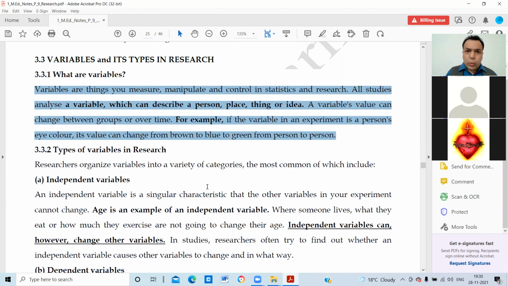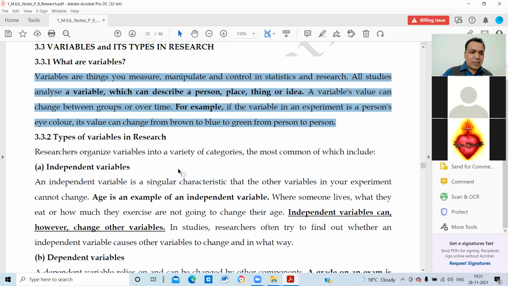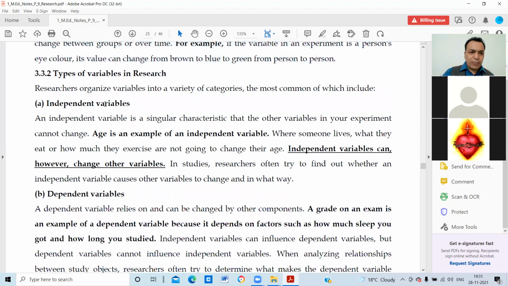Now you are matured in research, you have come to know about research. Now you should know which of the two variables is the independent variable and which is the dependent variable. You have to understand, attitude is an independent variable because the teacher is dependent upon that, right? So what is an independent variable? Suppose attitude here, it is an independent variable. Under the types of variables, we understand what an independent variable is.